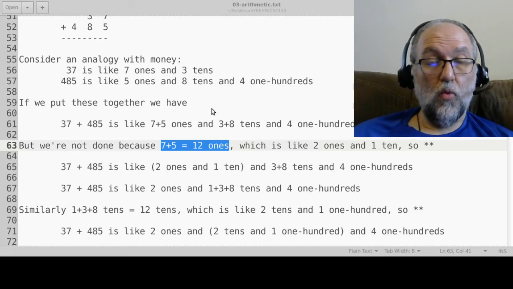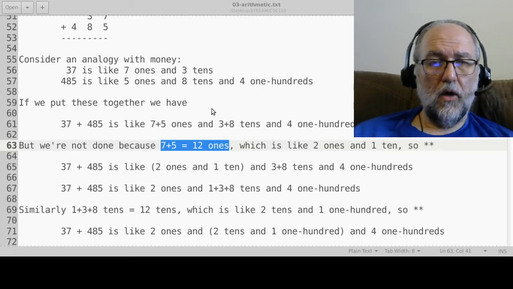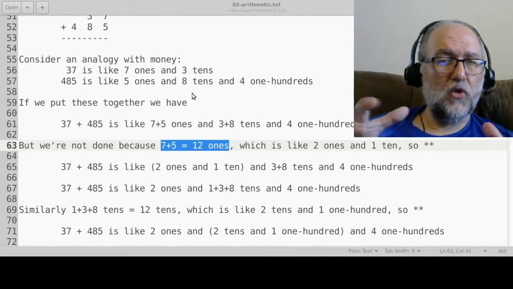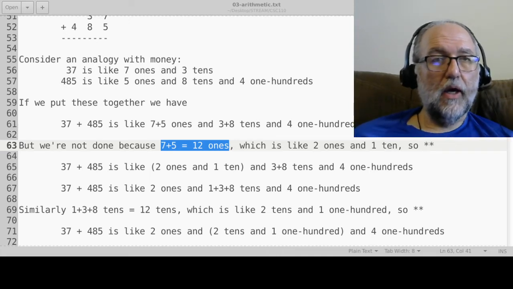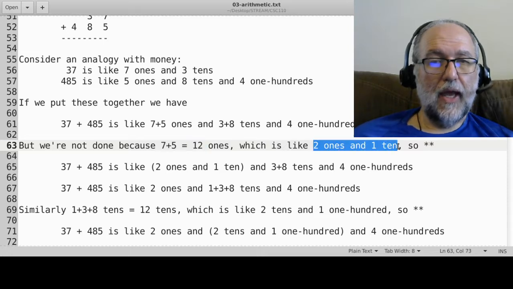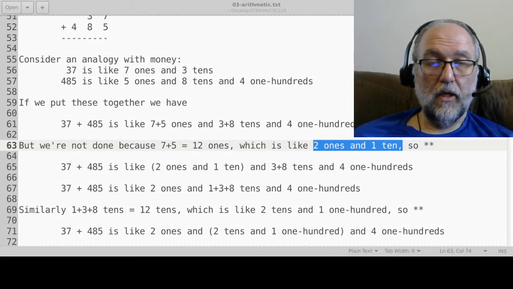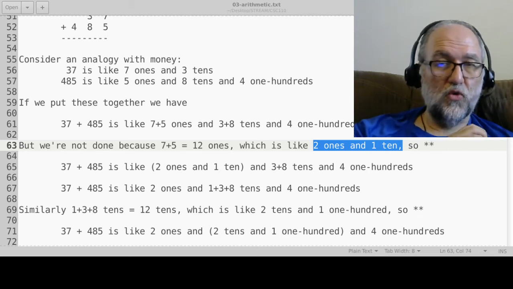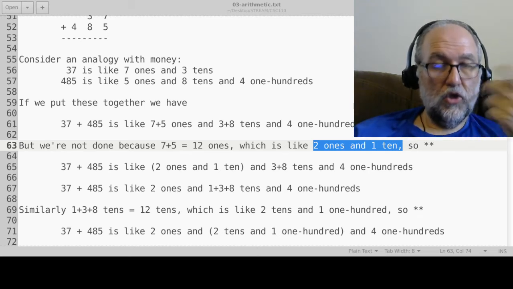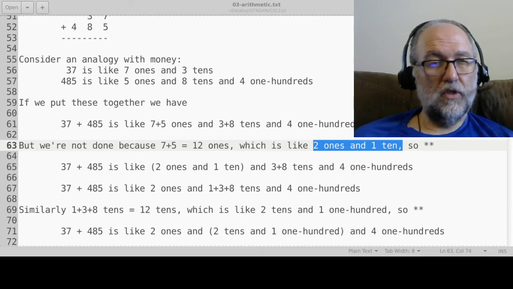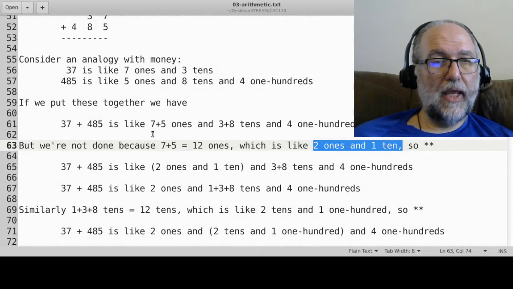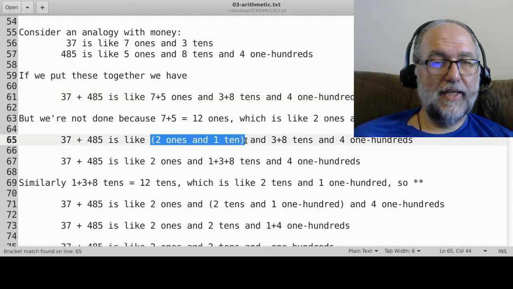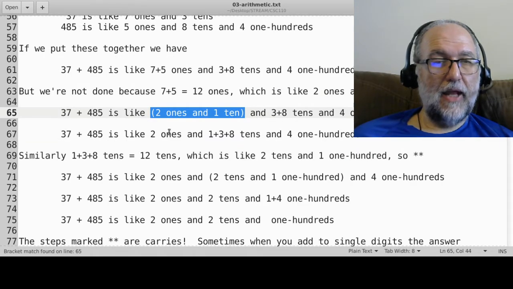7 plus 5 ones, that's like 12 ones. Okay, but you could take 12 ones and you could say, you know what, I'm going to replace those 12 ones with 2 ones and a 10. Okay, so because I went over 10, I'm going to take away these 12 ones and replace them with 2 ones and a 10, for still a total of 12. Okay, and so the 7 plus 5 ones can be replaced with 2 ones and a 10, and then just